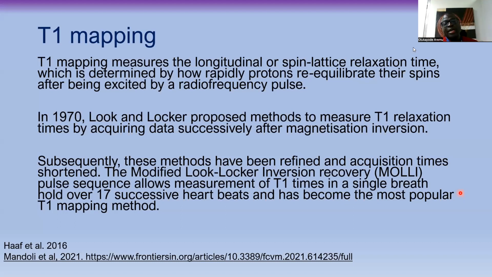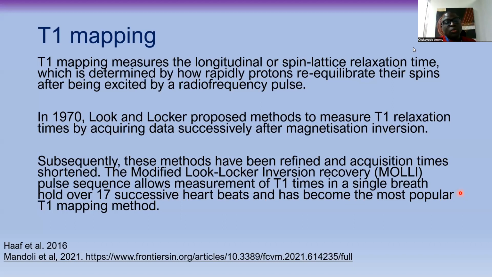So they're trying to reduce the number of sequences, reduce the time, because that is one big player in CMR: the length of time at which you keep your patient. Yeah, that is one disadvantage of CMR, but I believe work is ongoing now in order to reduce or shorten